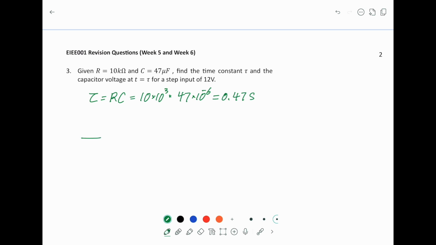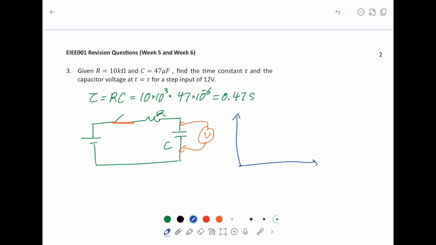Now, if you have a DC source, a switch, this is your R, and this is your capacitor C. If you measure the voltage across the capacitor, when the switch is closed, this voltage of course increases,